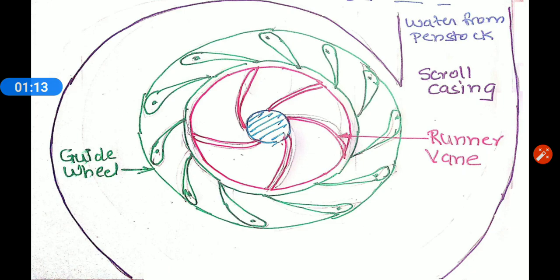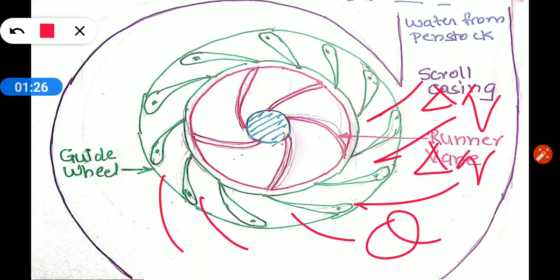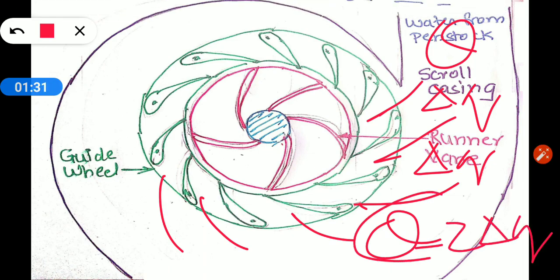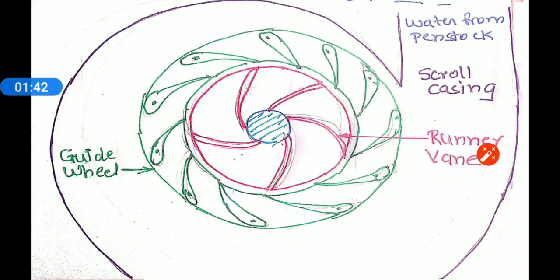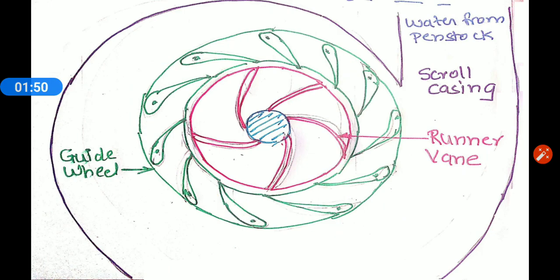Now why is the discharge decreasing? Because the discharge portion is going here. Let's say delta q has gone here, then delta q has gone here. So this q which was here, now it has become q minus 2 delta q. So q is decreasing, so at the same time we have to decrease the area, so that the velocity of the flow should remain constant, and the water which is entering at different peripheral points here should enter with the same velocity throughout, fine. So that is why we are using scroll casing.